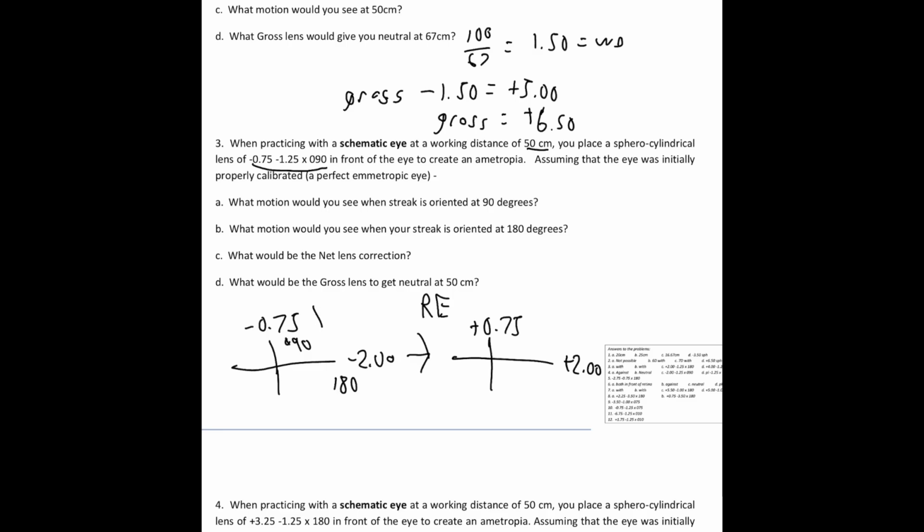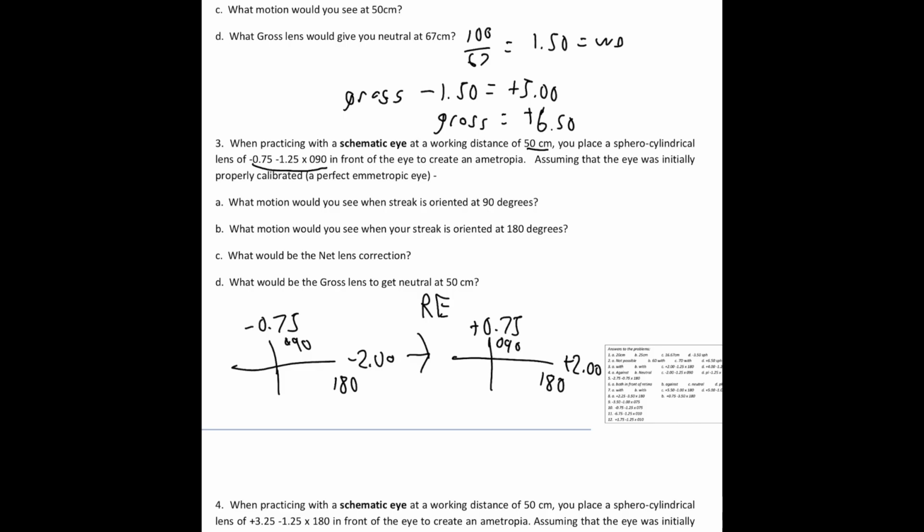So in our original one, our least minus or most plus meridian was this minus 0.75, because minus 0.75 is less minus than minus 2, or it's more positive than minus 2. In this flipped scenario, plus 0.75 is less plus than plus 2, or plus 2 is more positive than plus 0.75. So plus 0.75 is still at axis 90, plus 2 is still at axis 180, but our final Rx is going to be